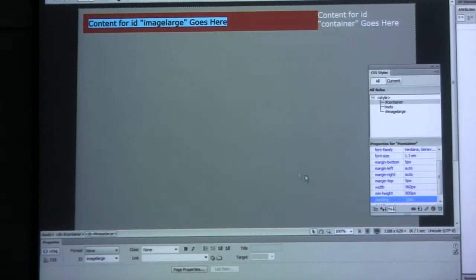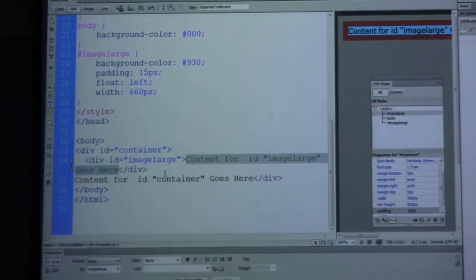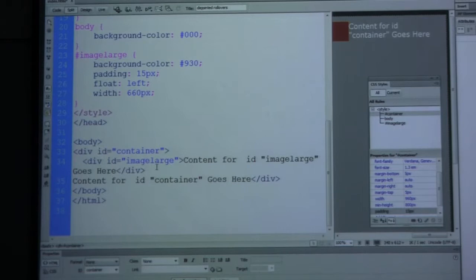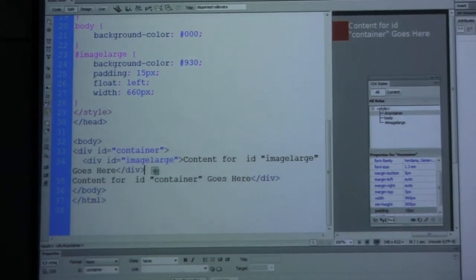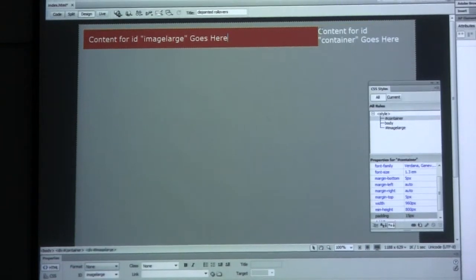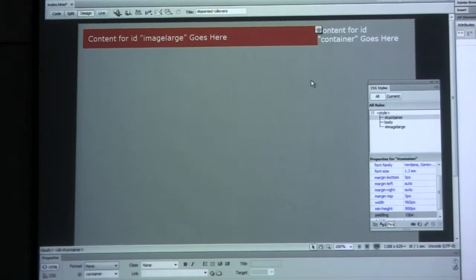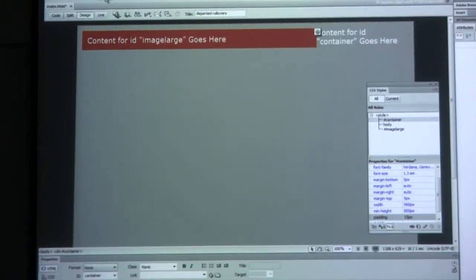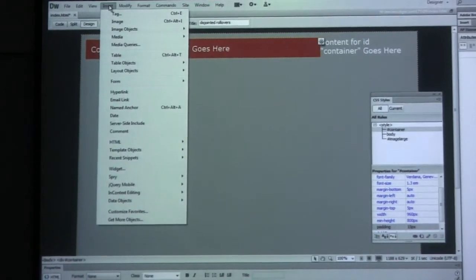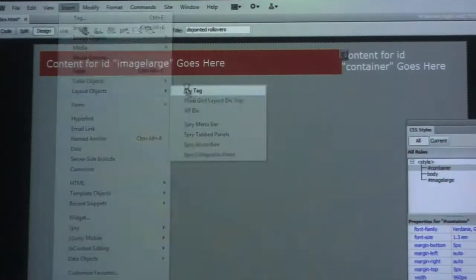So if you change to split view, it's going to go after your large image, or if you are in the design view, it goes right in front. You put your cursor right in front of the C, or select the C for content for ID goes here, and you're going to insert layout object div tag,